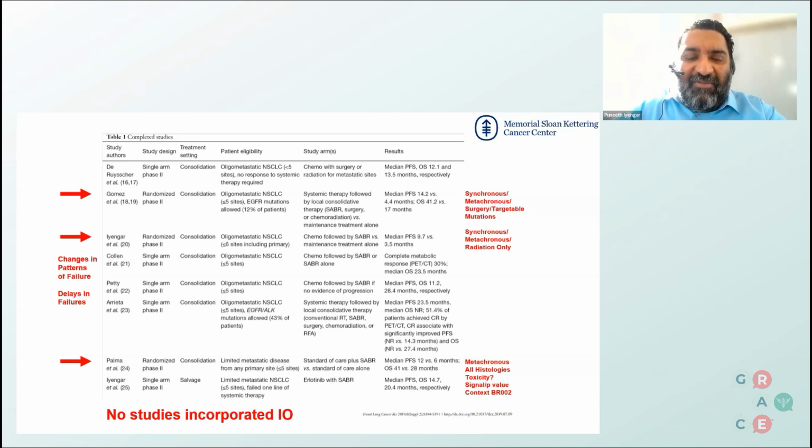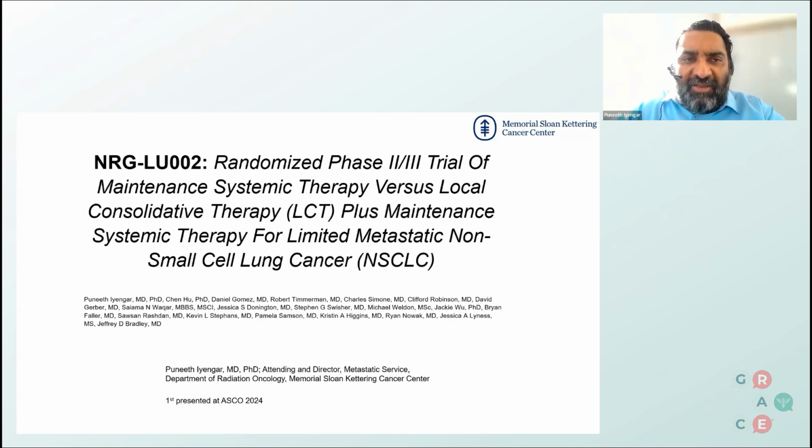So these studies gave us a signal that perhaps in a larger study, we may see the same results, and this may become a standard of care for advanced non-small cell lung cancer patients that have limited metastatic sites of disease, or oligometastatic disease. That's what that term oligometastatic means: limited sites of metastatic disease. And so one thing to note, though, none of these studies were done in the era of immunotherapy. So it was important for us to understand how radiation would help patients who were receiving immunotherapy-based regimens. So that led to this study,